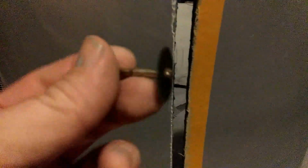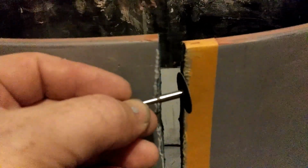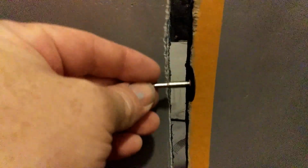It was perfect. I mean, a perfect straight line. It looked really good. It was about double the width of this because I went one, and if you just do this width and you keep going, it'll start getting stuck and it'll burn out your battery real quick. So you want to go in and then do this whole thing a little bit and widen it up a little bit, and then go some more and then widen it up. That's how you want to Dremel a piece like this,